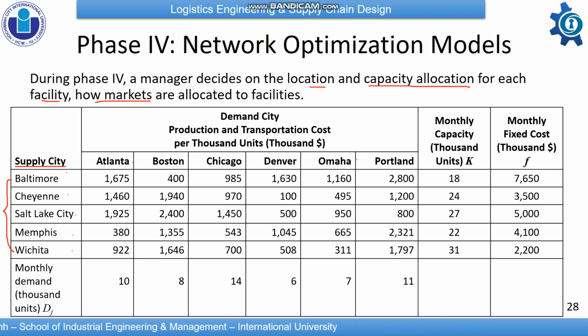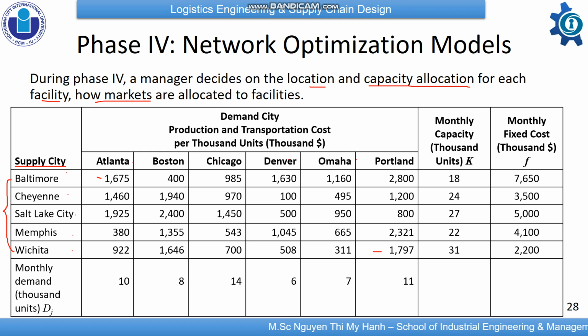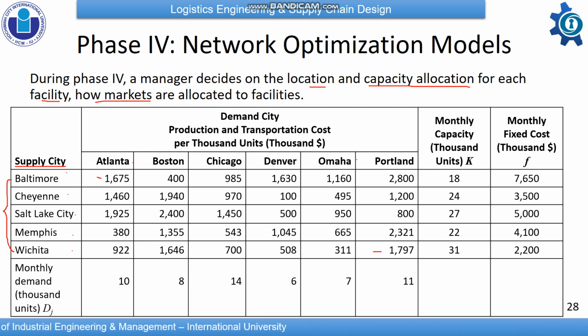Later I will give you which city belongs to which company. And from here to here is the production and transportation cost per 1,000 units. So for example, from Baltimore to Atlanta, the production and transportation cost is